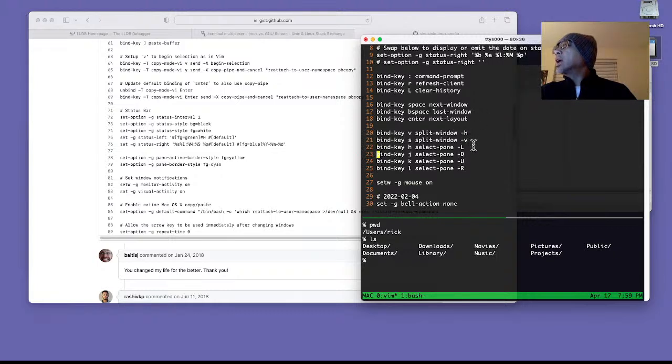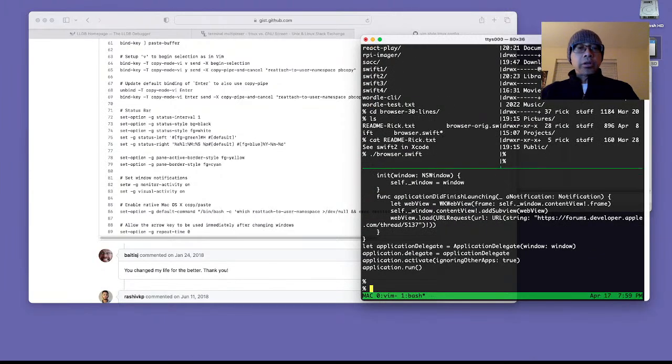Yeah, V and S, and then yeah, these keys to go backward. These keys to go to the left, right, down, or up. They're also mapped to VI keys. Here's the enter to display the next layout, and yeah, so interestingly, when you